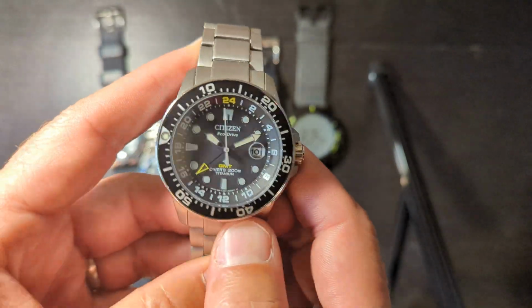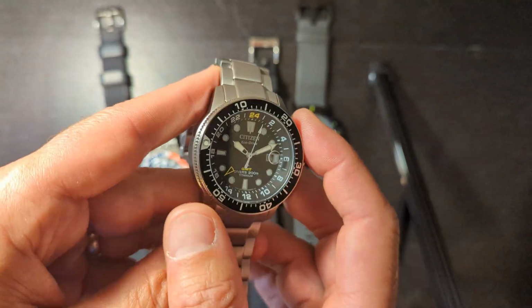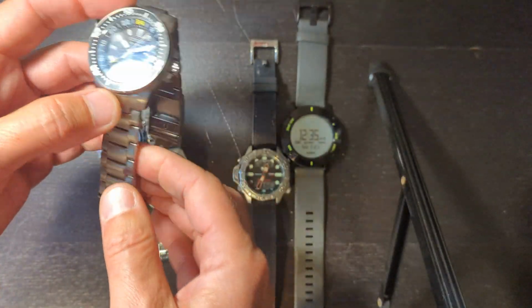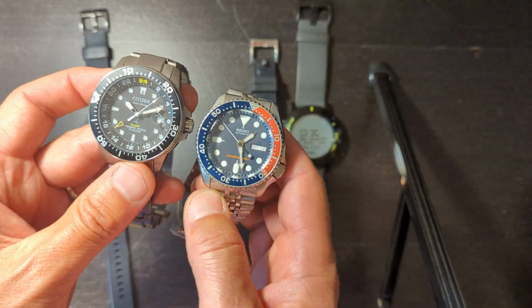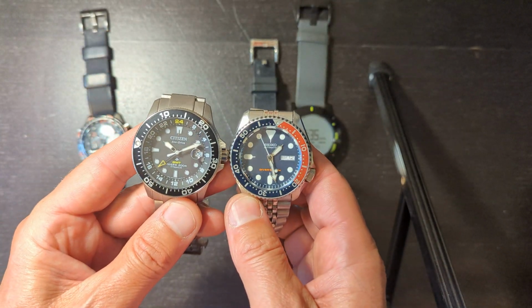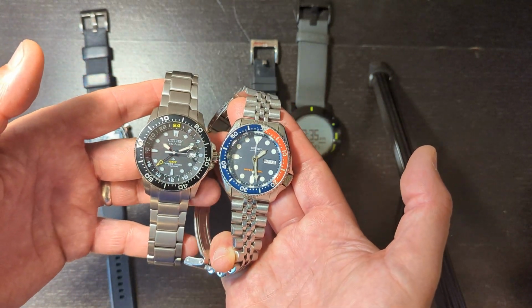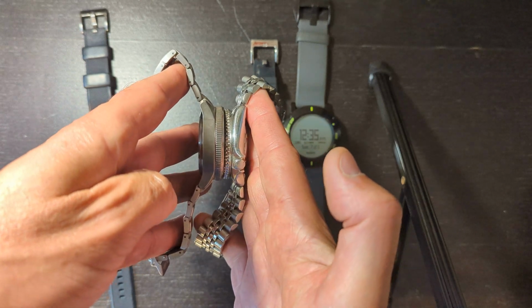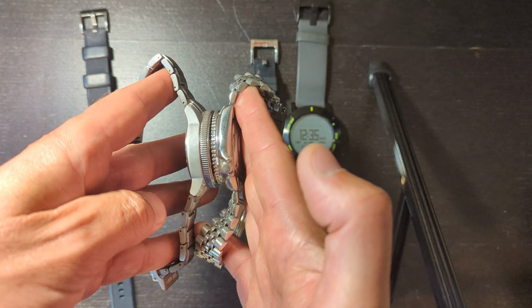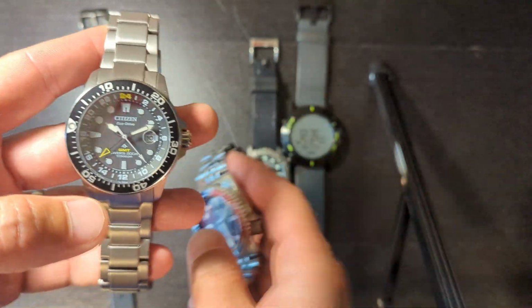So the size, 43 millimeters, but because it's so light, it wears very well. I have a 7-inch wrist. You can see compared to the Seiko SKX, it's almost the same size. It looks like the same size, but because it's titanium,